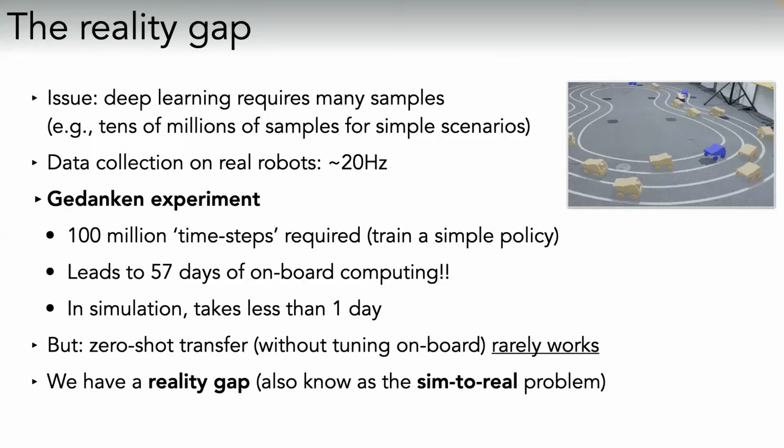So zero-shot transfer is typically not successful unless you've done some pretty clever things in simulation already. And that's what the sim-to-real problem is all about. What can we do to facilitate training so that zero-shot transfer or transfers with minimal tuning are facilitated? Okay, so research in sim-to-real deals with that, and we're trying to reduce this reality gap.